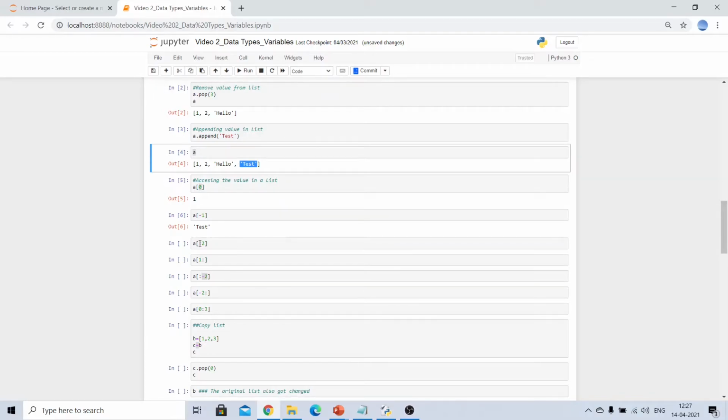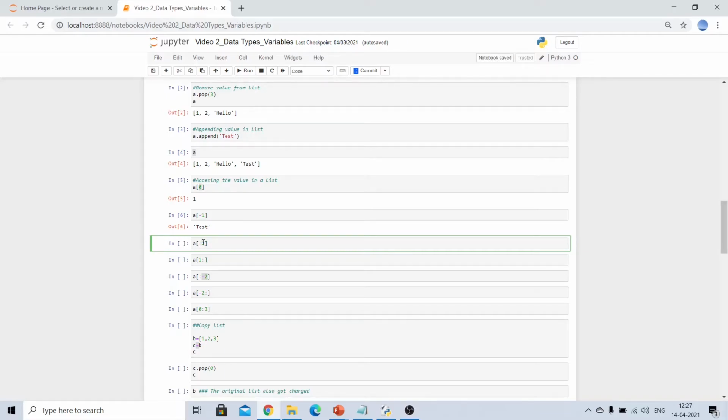Now for example, we want to extract all the values starting till a particular index position. So we will make use of this colon here. We will keep the starting position blank, but the ending position we will give the index position value.